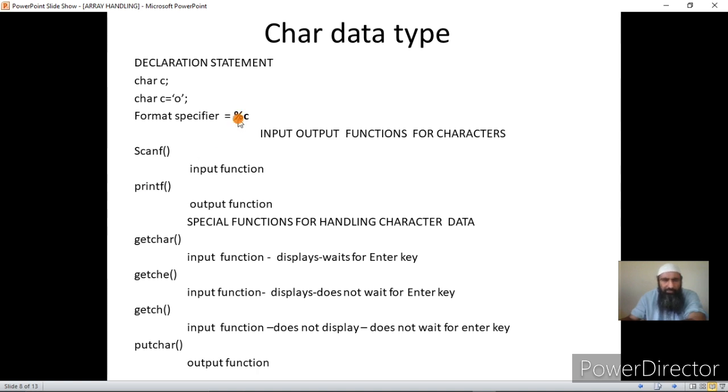Now for inputting from the keyboard, we have many other functions other than scanf that can be used for inputting a character variable from the keyboard.